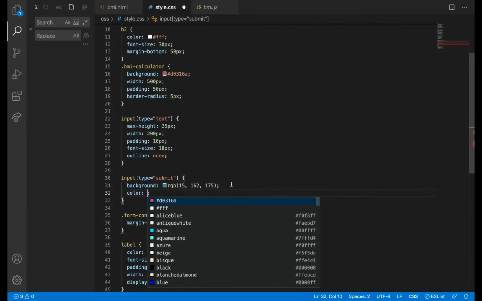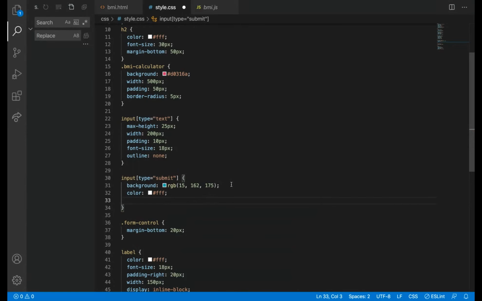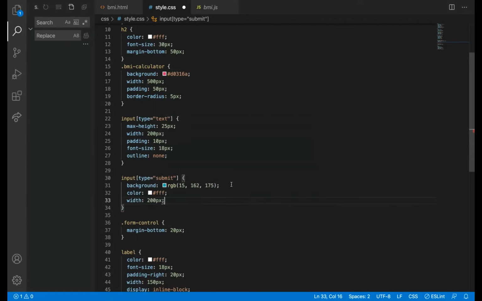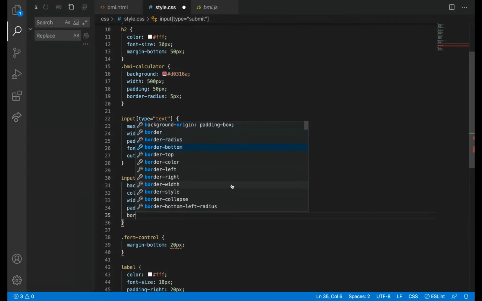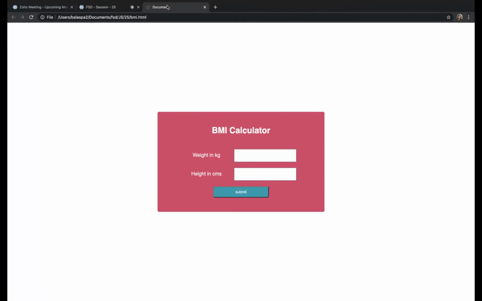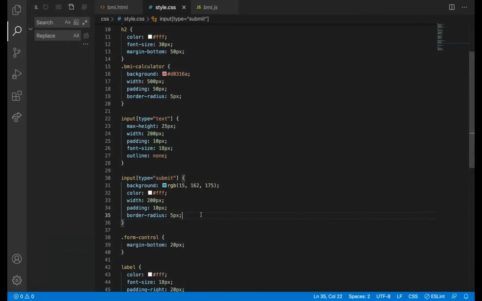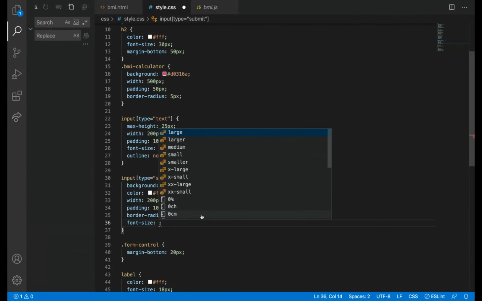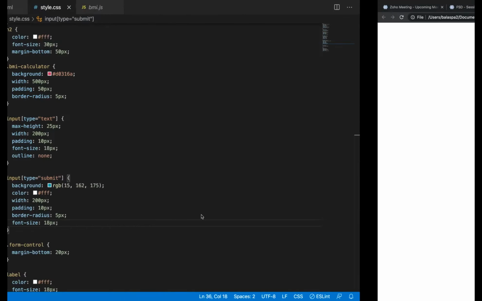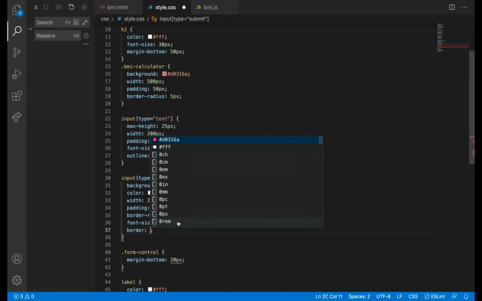Background and then color white, and then width also I can add 200 pixel, padding 10 pixel, border radius 5 pixel. Let me see how it came. And this color looks okay. Font size 18 pixel. Border is there. Border is none.